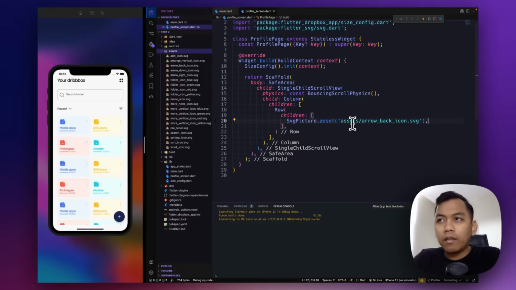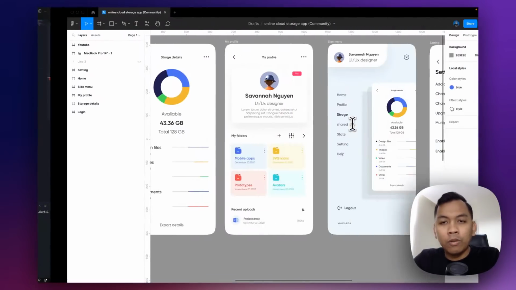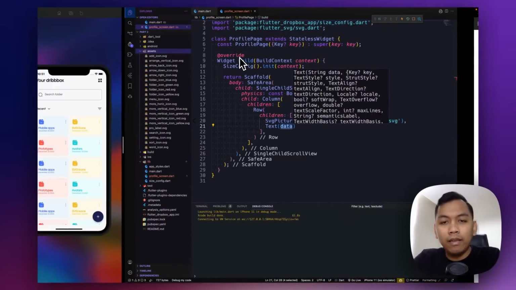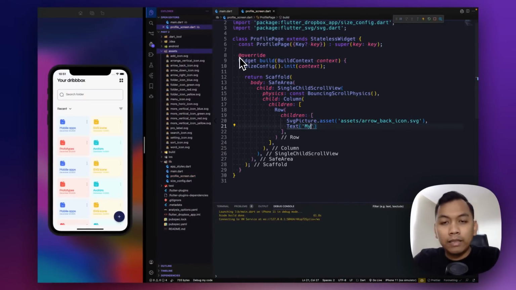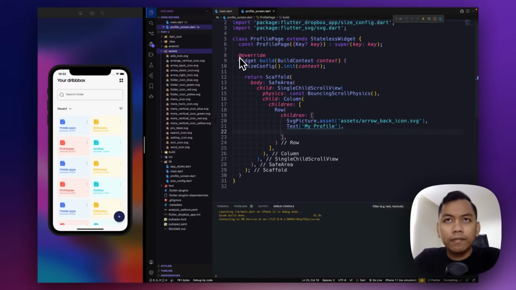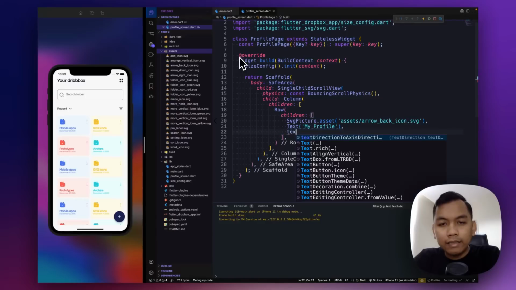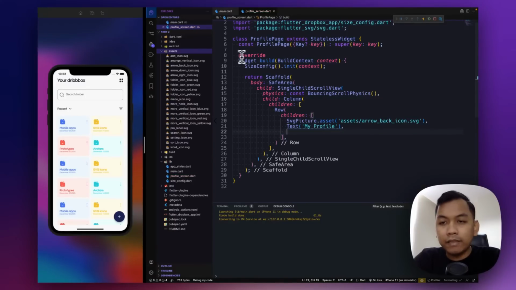And what we do next, we will have a Text widget. Here we have the label, so we can simply say My Profile. And the next, we will have an SvgPicture again.